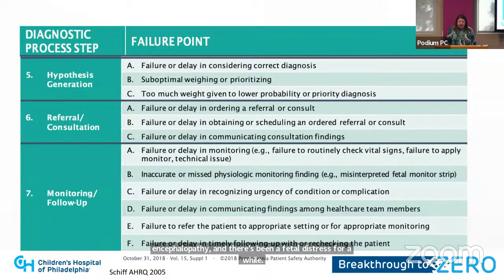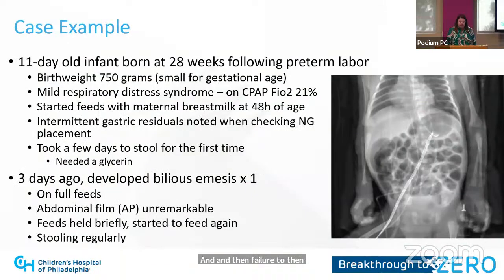And then failure to follow up is common. So I'll walk through a case. This isn't a real case, partly because